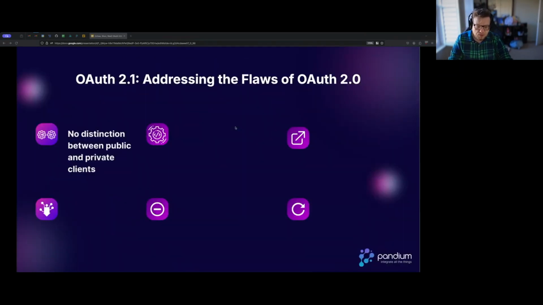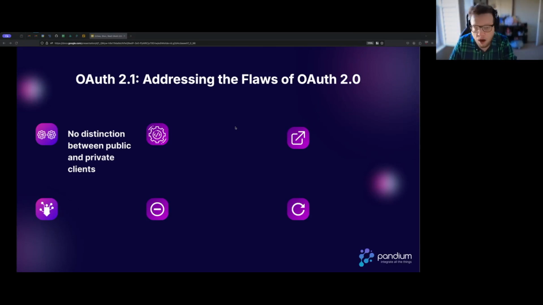And so there's this new RFC coming along. It's called OAuth 2.1. The idea behind it is they're going to take all of the RFCs and all of the best practices and all of the thoughts around OAuth 2.0, combine them, and distill them into one document, so you only have to read one document. The idea is after you read the RFC for OAuth 2.1, you do not have to read any of the other RFCs for OAuth to create a safe and correct implementation. Some of the biggest things they got rid of, which really helped simplify the spec, is there's no distinction now between public and private clients.